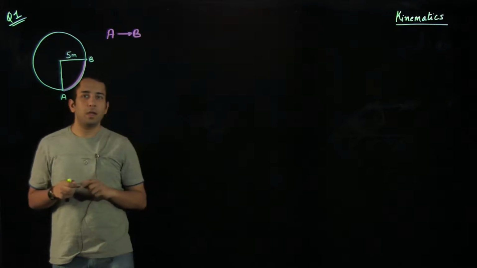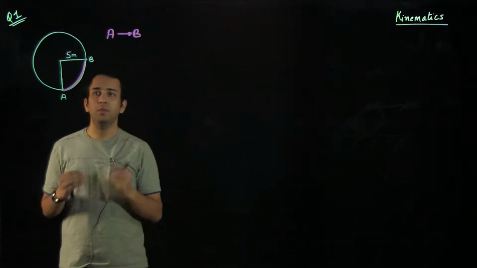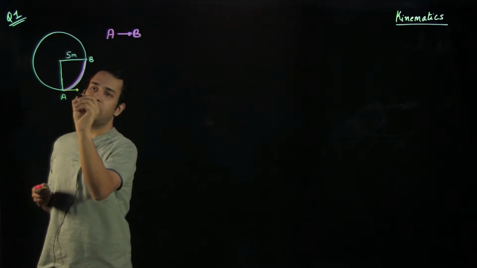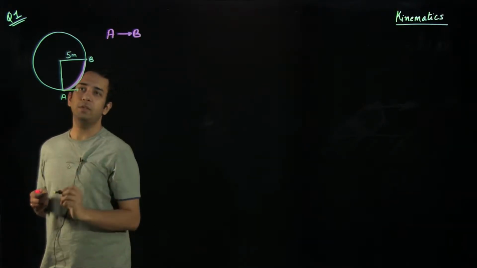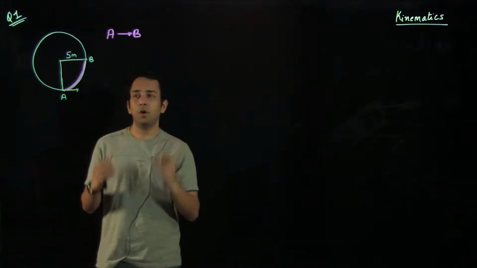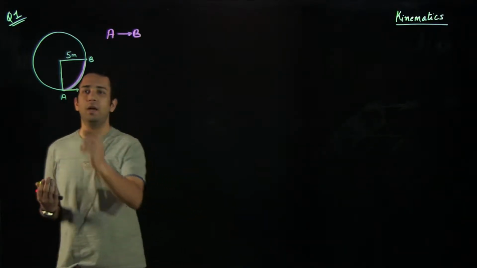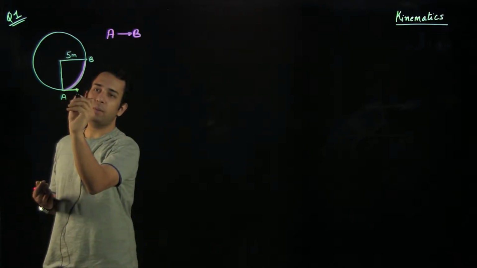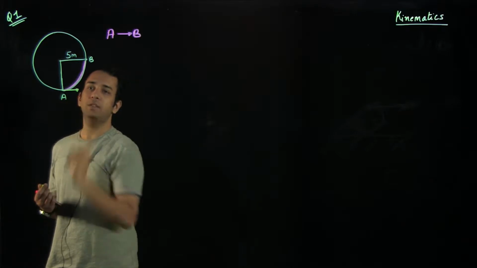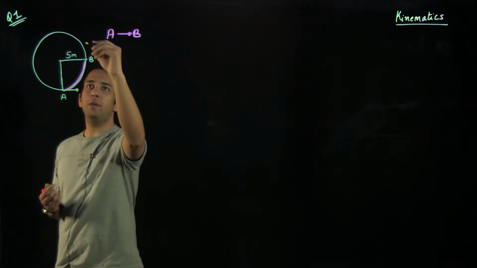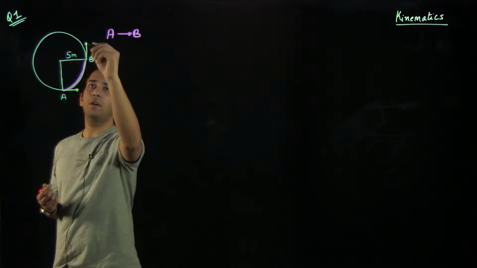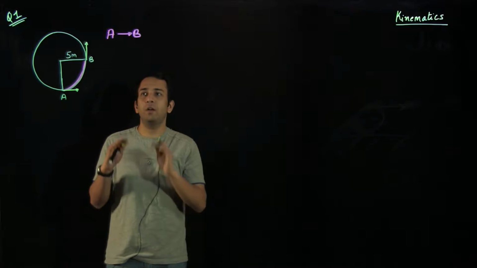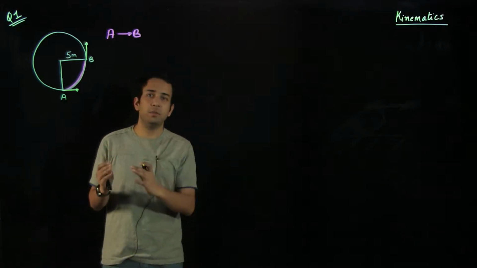An interesting thing about circular motion is that the particle, because it's moving in a circular motion, always has a velocity which is tangential to the circle. And even if we do not know this fact, we can easily see that because the particle is going this way, and at this point the tendency of the particle or the velocity of the particle should be in this direction. Similarly, at point B, the direction of the velocity of the particle should be in this direction. So this is something which we will assume that we know, and we will proceed with this much information.